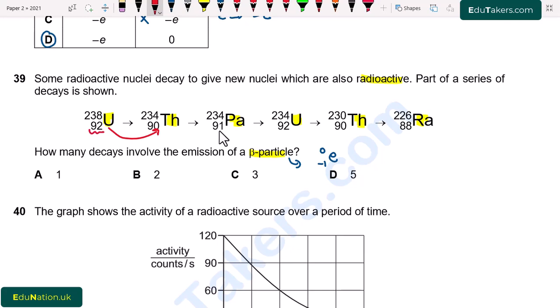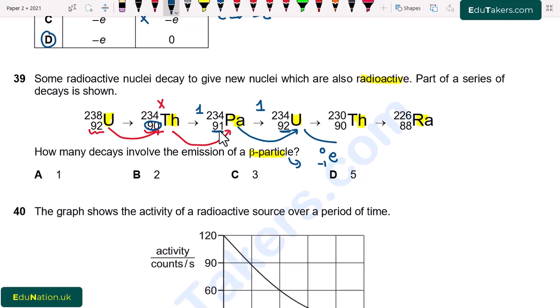the atomic number is first 92 and then it is 90. So there is a decrease by 2, which is not beta particle. So first of all, here is no beta particle. When Th changes into Pa, the atomic number is 90 and then it becomes 91. It means that the atomic number increased by 1. There is the beta particle. So I write here 1. When Pa changes into U, that is uranium, the atomic number is 91 and it becomes 92. There is also the increase of atomic number by 1. So it is also beta particle.